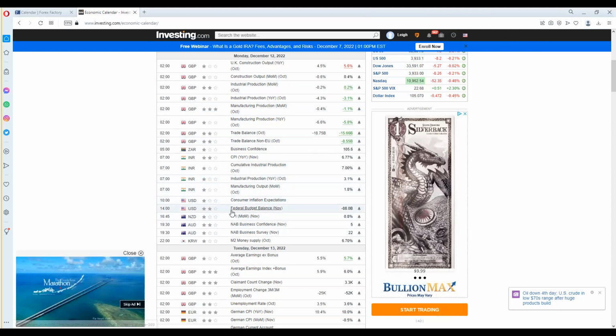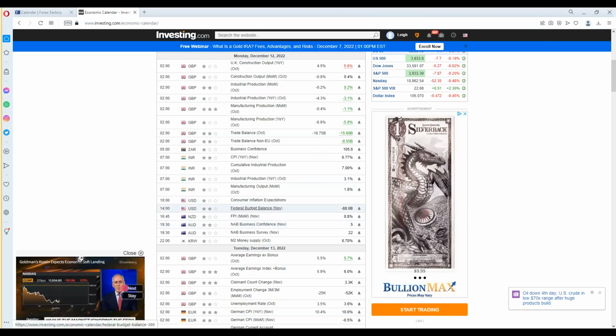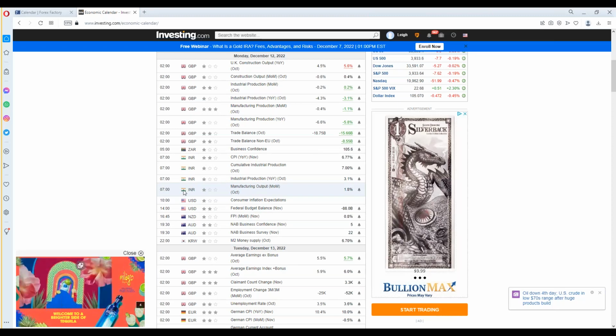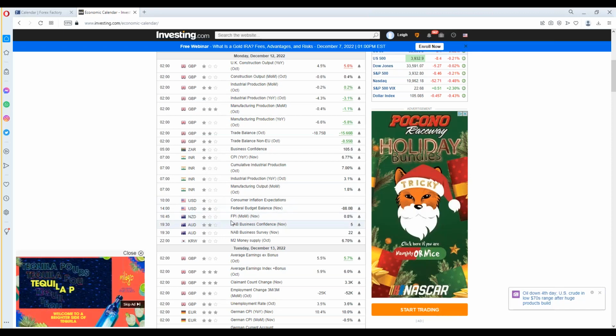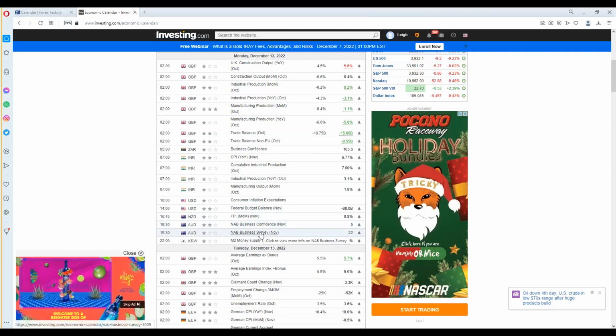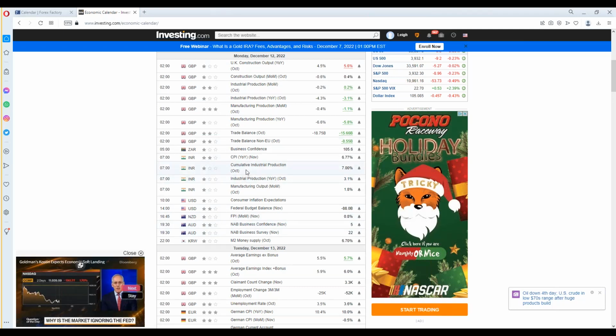There's a couple of minor things that might affect the dollar if you're a dollar Forex trader. There's countries, you probably don't even know what the country is on some of them. Okay, they have a country code. All right. They show the flag of the country so you know where the news is coming from. New Zealand has a report. Australia, business confidence. Now, we do trade a moderate amount of Australian reports. Their business confidence report used to be much more impactful, doesn't move the Australian dollar that much anymore. So Monday looks like a pretty quiet day.